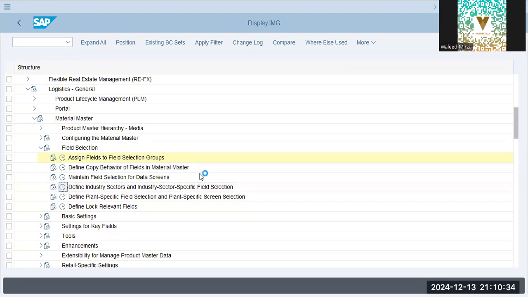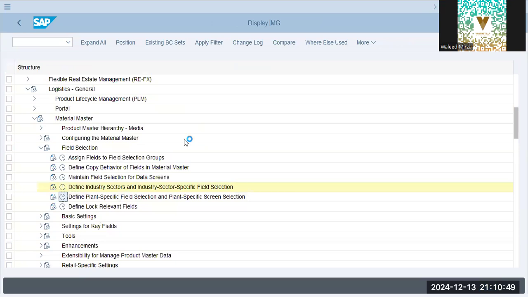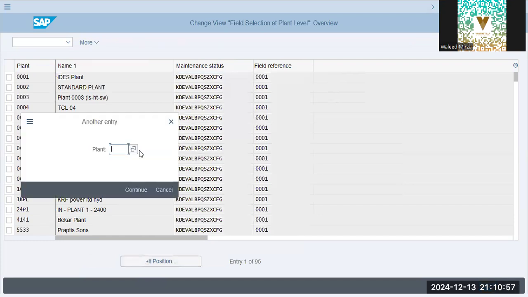Define industry sectors, industry specific field selection, manufacturing industry for HALB and for FERT. Okay. Manufacturing industry. Okay. Fair enough. Plant specific field selection. Our plant is